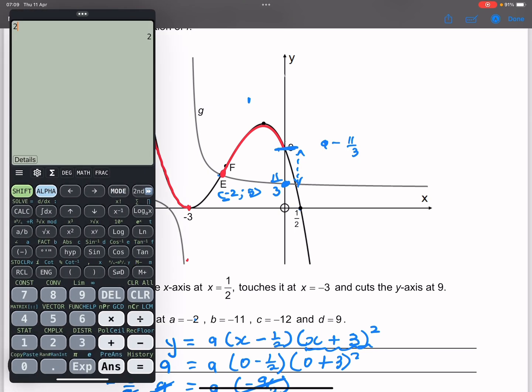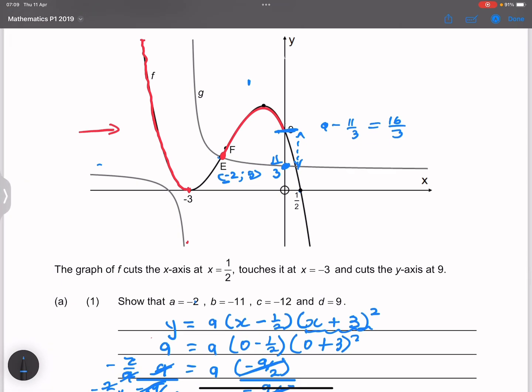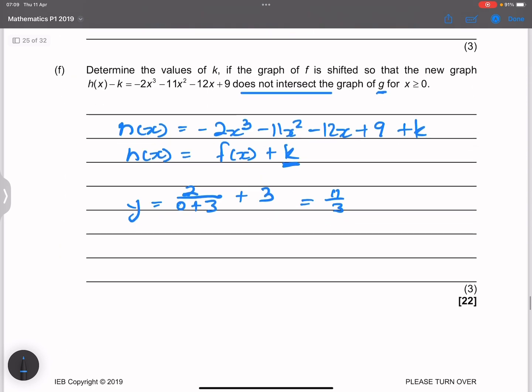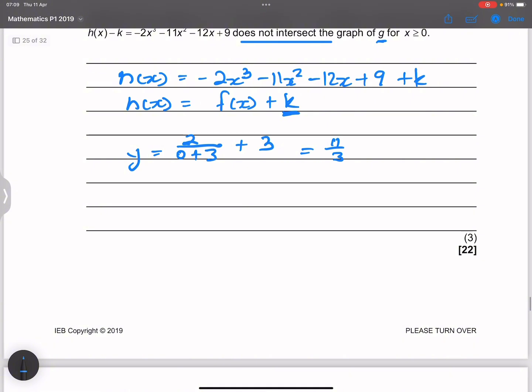Okay, so if I say 9 minus 11 over 3, that gives me 16 over 3. Right, so k would be any value that is... so k would be negative, right? We're shifting it downwards by any value that is 16 over 3 and below. So k would be actually less than or equal to